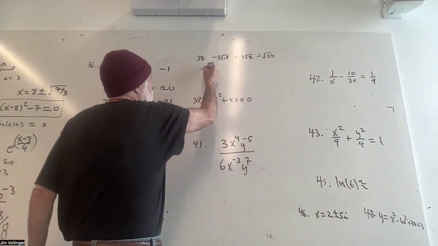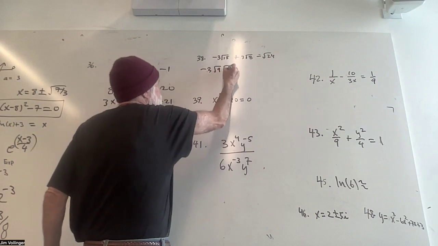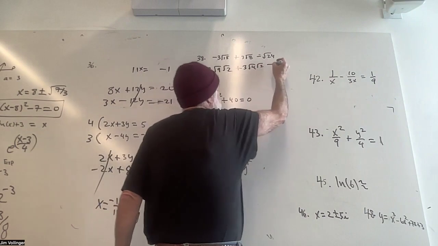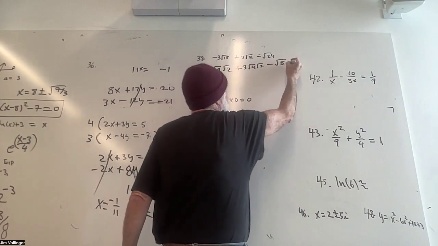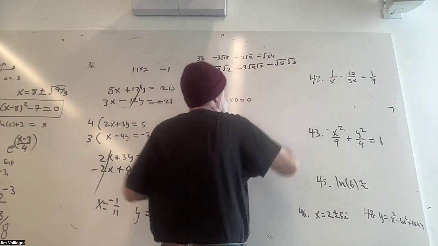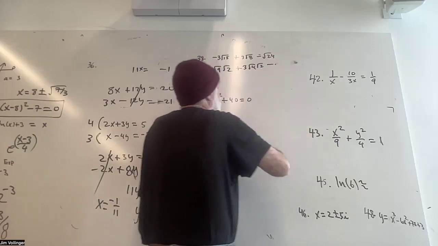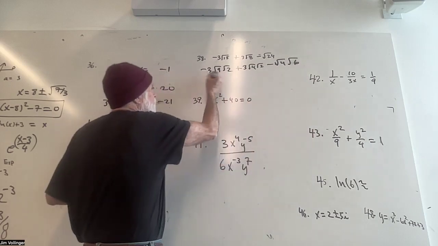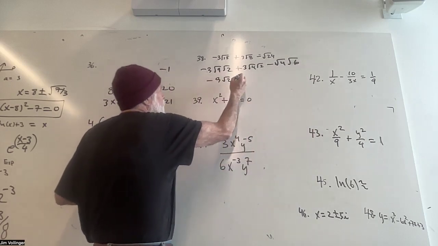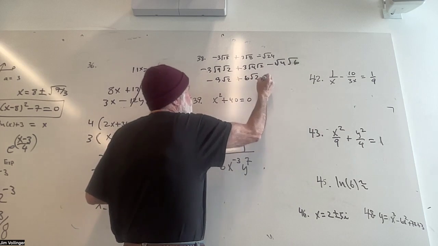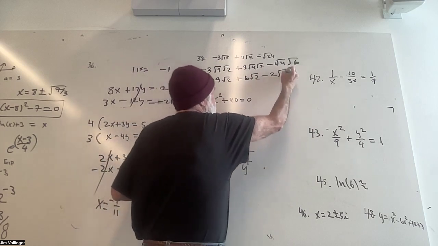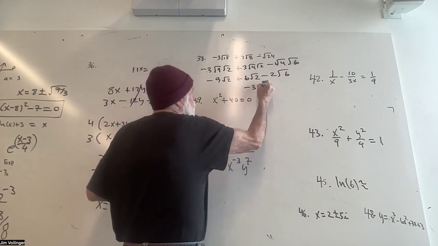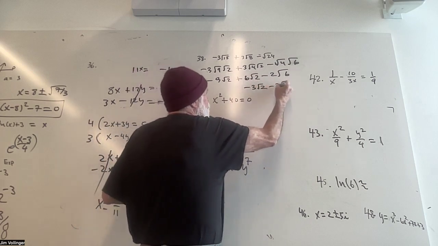Okay, let's see what we got. We got minus 3 times the square root of 9 times the square root of 2, plus 3 times the square root of 4 times the square root of 2, minus 8 times the square root of 3 times the square root of 4 times the square root of 6. Sorry about that. So this is going to become minus 9 root 2 plus 6 root 2 minus 2 root 6. Well, I think I can put these two together and say minus 3 root 2 minus 2 root 6,